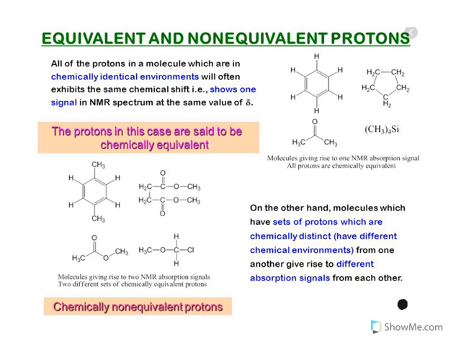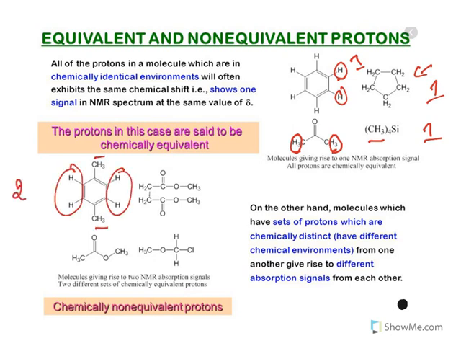Now see again, look at this. See, these are similar kinds of protons. You will get 1 signal. Tetramethylsilane, only 1 signal. Benzene, 1 signal, because all of them are in an equal chemical environment. Whereas look at this. See, these protons are different from these 4 protons. So you will get 2 signals.